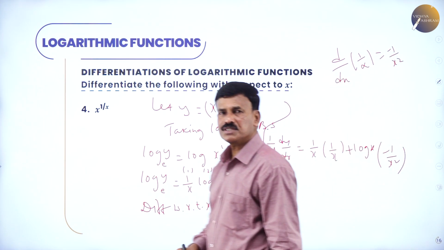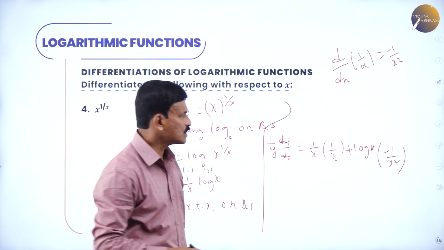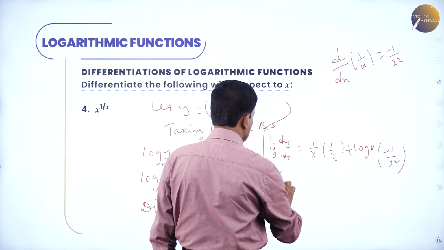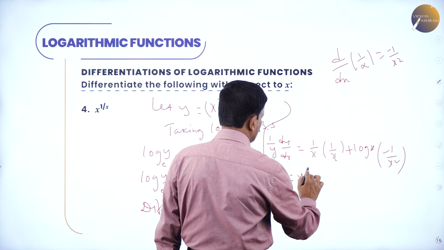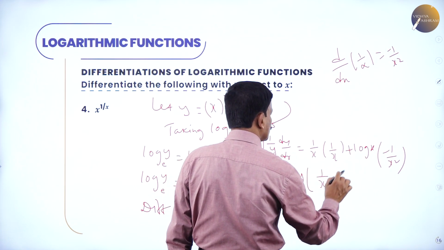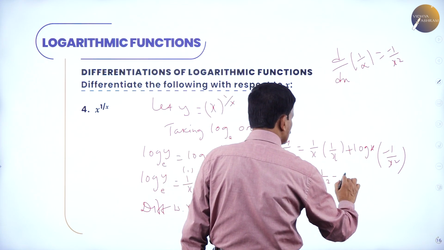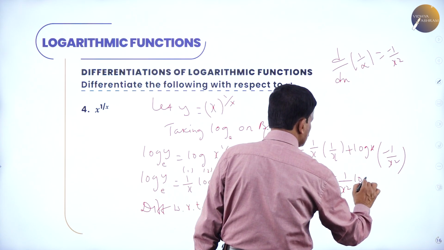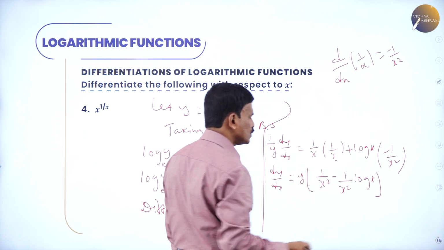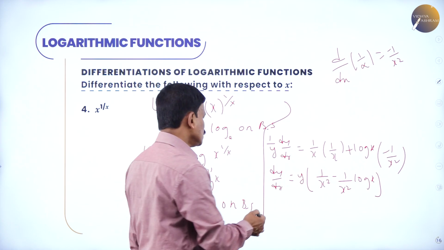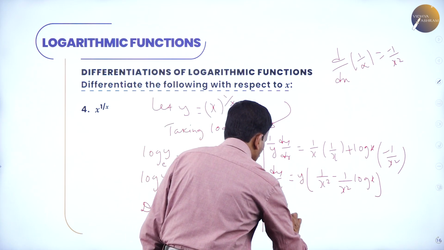Differentiation of 1 by x is minus 1 by x square. So you can write dy by dx is equal to y into 1 over x into 1 over x is 1 over x square, minus 1 over x square log x. If you want, you can substitute the value and stop, or you can write like this: dy by dx is